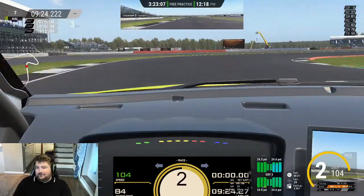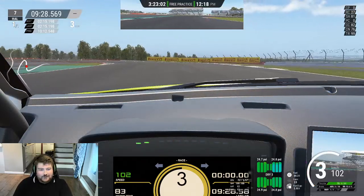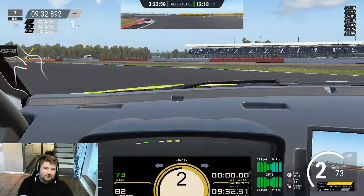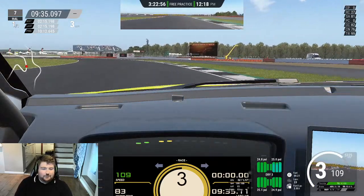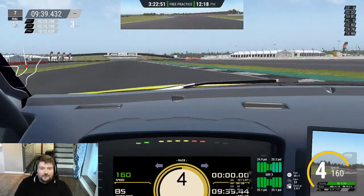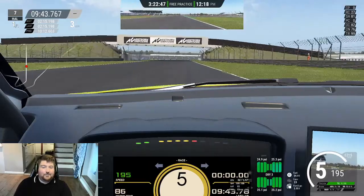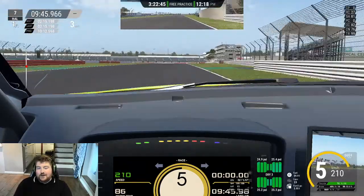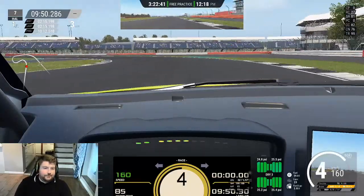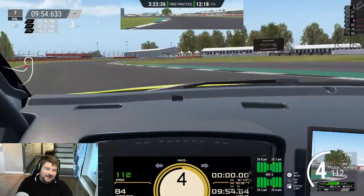So we're just heading out to warm the tyres up a little bit, and here actually is one of those areas where you want to be trying to apex as late as possible in that corner there, just to try and wind the car up and open the exit of that corner up as much as possible to make your way out onto this Wellington straight. So as we head down, again you want a nice late apex, aim for that AstroTurf there on the